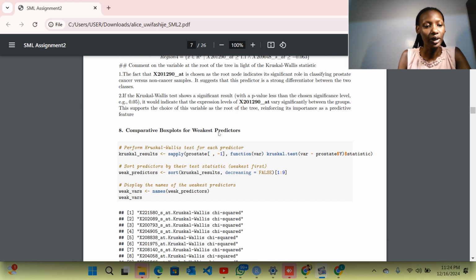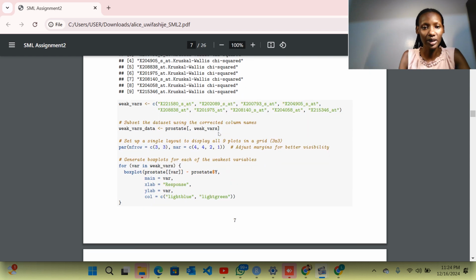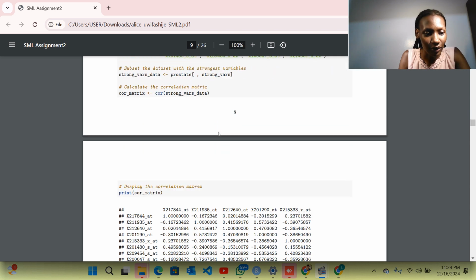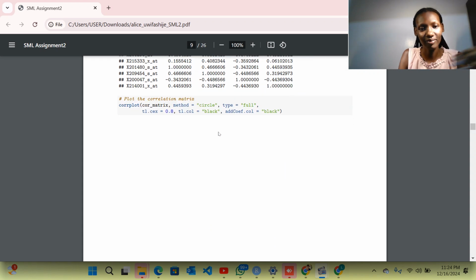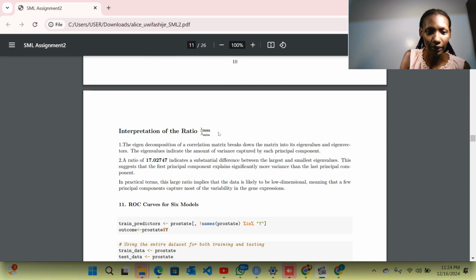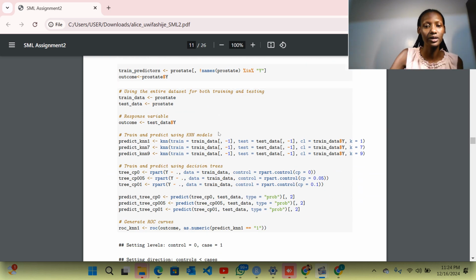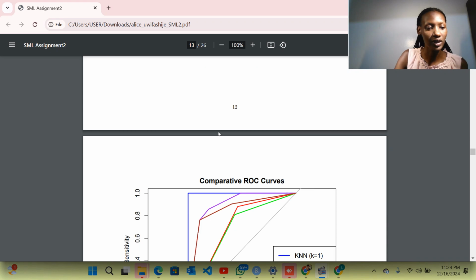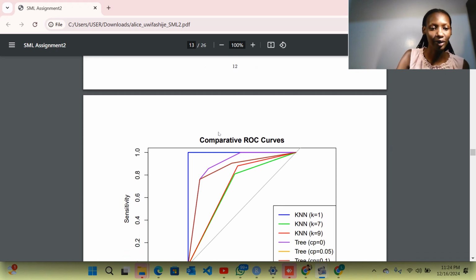Let's go to the model comparison and performance. For this part, we go to the ROC curve. Here is the ROC curve. Yes, these are the codes for the ROC curve. For this ROC curve, we can see that